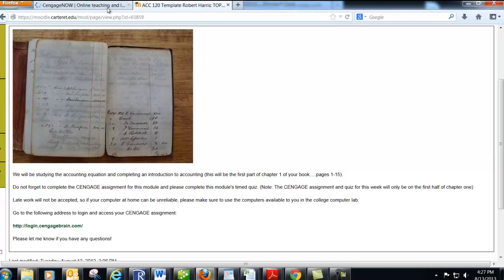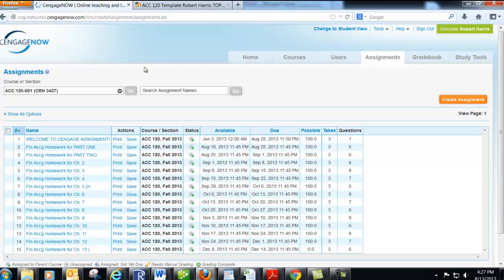Let's take a look at what that might look like. Like I said before, there's going to be some instructions made available to you as to how to get into Cengage. And it's also going to include the access code, one of the access codes that you'll need, the other one you get when you make the purchase. So we can see here there's a couple things. The first due date here, there's 2 things that you need to do. This is just a welcome to Cengage assignment. This tells you what you need to do, how you submit things, how you navigate your way through it, okay?